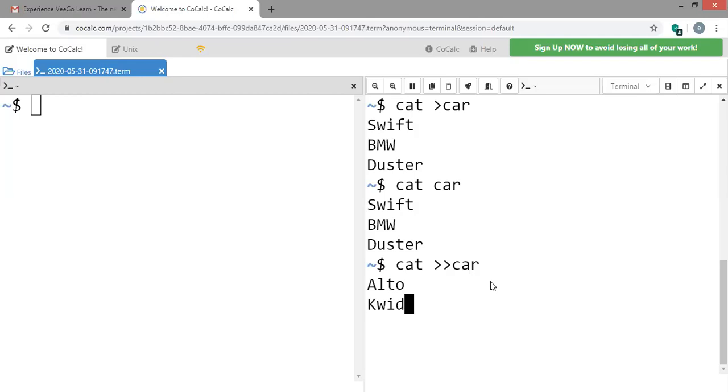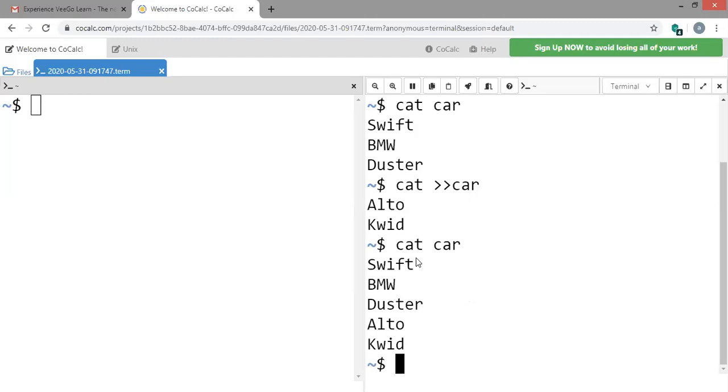So this is adding new content into the file. Earlier the contents of the file were Swift, BMW and Duster. Along with this, I'm going to have two more contents added to the existing file called car. One is the Alto, the other one is the Quid. So just make use of cat followed by car.